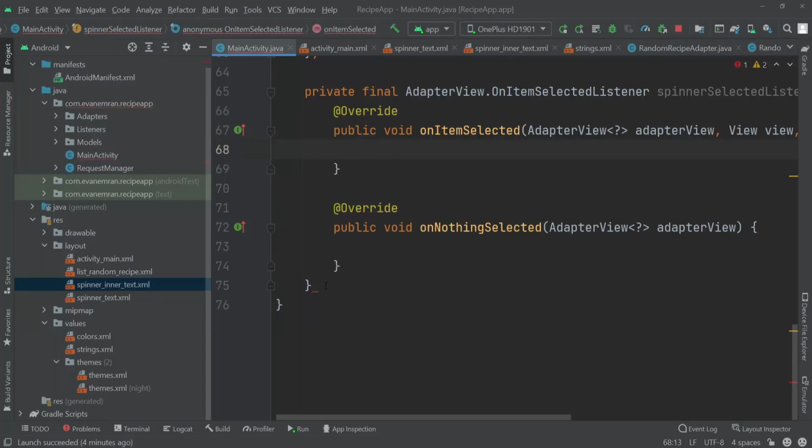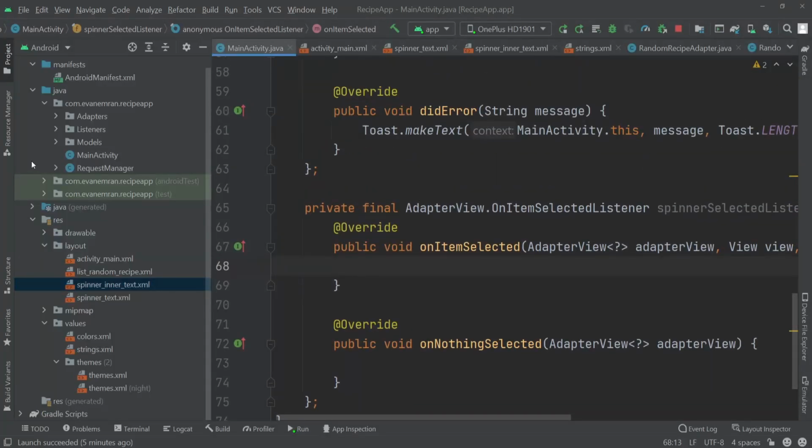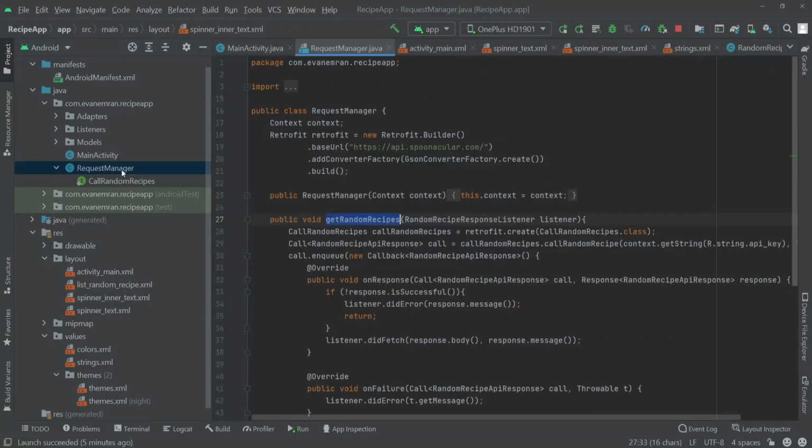So here it's showing an error because we need to put a semicolon, and now we won't change anything inside this onNothingSelected. We'll mainly work here on onItemSelected. Here we need to call the get random recipes API. So before that we need to make some changes on this API calling. So if we go to request manager here,